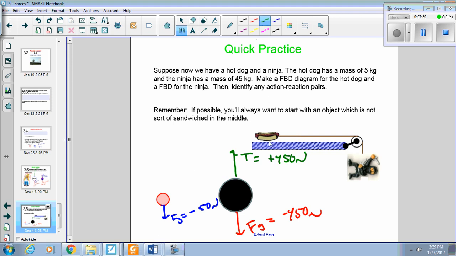In order to keep that from falling, this stand or table needs to supply that same force. Positive 50 newtons going up, and that would be our normal force. Awesome. And because the rope is pulling on the hot dog, it should be pulling in this direction with the same force that this is pulling down. So 50